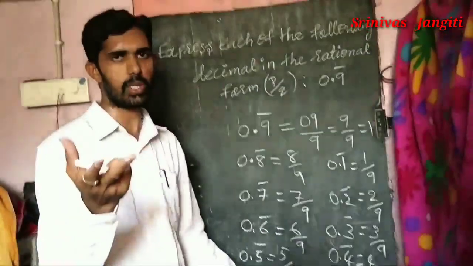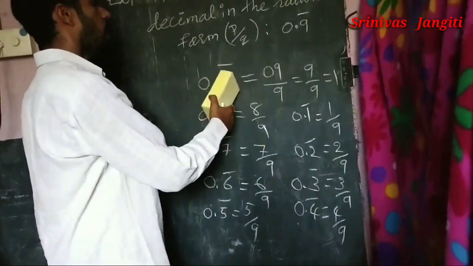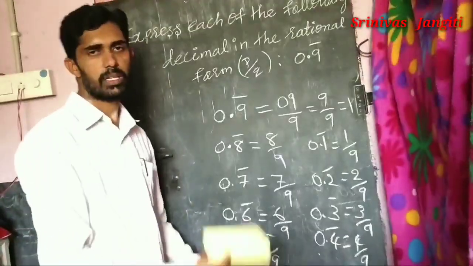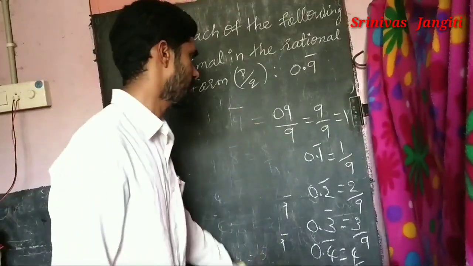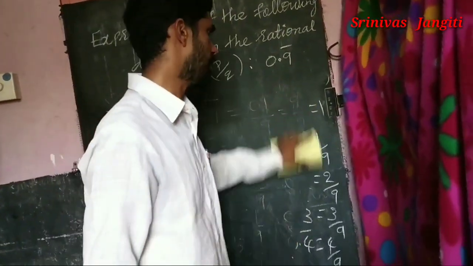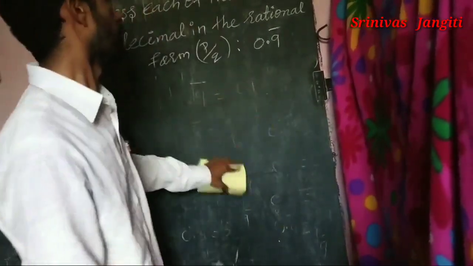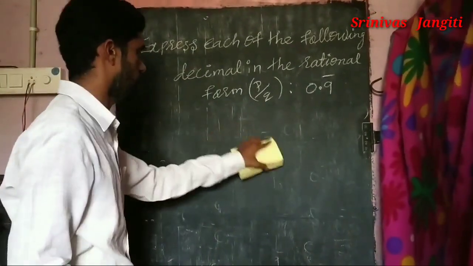So it's without any hard work. So simple. I think you understood. Just write this total number, and check how many digits have the bar. Only 1 digit is there, that's why only one 9 goes down, right? That is over. Here only 1 digit has the bar, so this is clear. All members, you understood how you got 1 by 9, 2 by 9, 3 by 9. But suppose 2 or more than 1 digit has the bar.